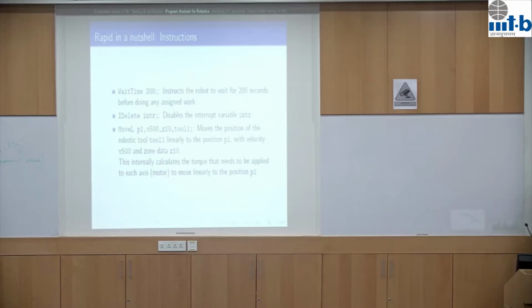So read this as MoveL. The robot has an arm, and it's holding a tool. The tool that it's holding is called tool1. It could be a paintbrush, could be anything. It says move this tool linearly. Linearly means along a straight line. That's what MoveL says. From the point P1, with velocity 500, the speed at which you want to move your arm, to within this zone. So the zone,